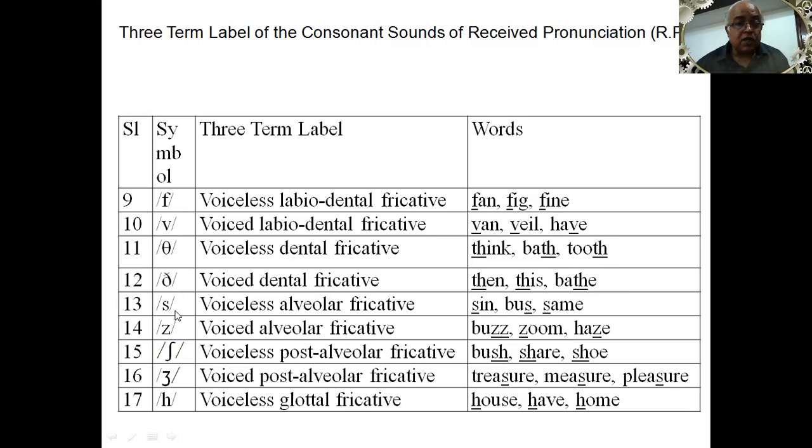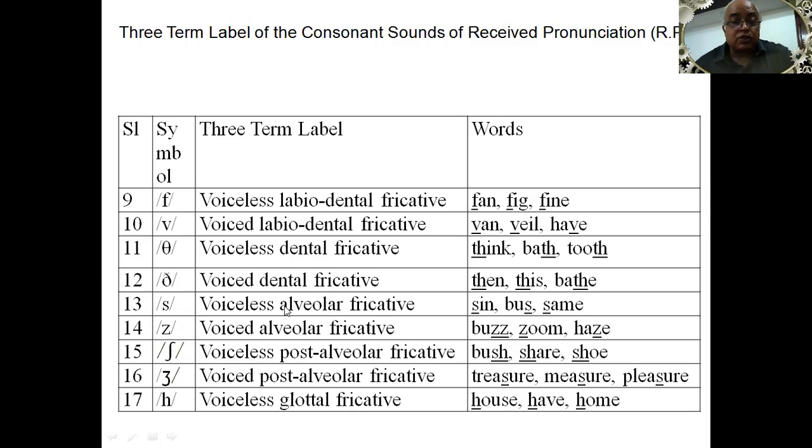Then we have this sa. See, if we just go back to see how it is written. This is an inverted E almost, an inverted E, and it is cut by another line on the top. The sa